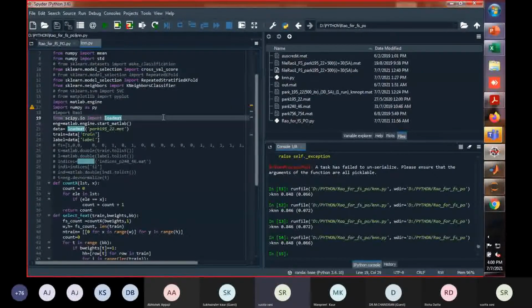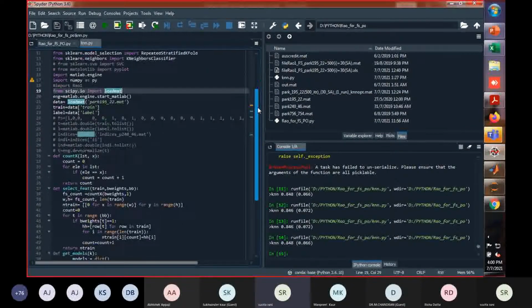Basically, what is cross validation? For the classification, we divide the values into some parts, and suppose we divide the values into 5 parts. The 5 parts may have the same number of instances, or may have different numbers of instances. On these 5 parts, KNN works separately, and after that we calculate the accuracy and get the mean.